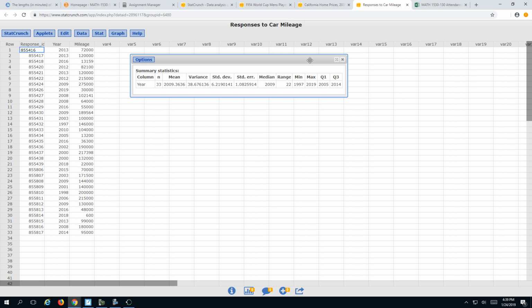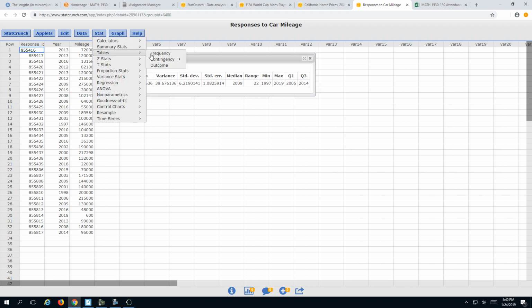So it gave me the mean, 2009.3636. So that's the average model year for me and my students, right, in statistics. And my median is 2009. So the mean and the median are pretty close. And that's going to be interesting to us. What isn't up here is the mode. So I can find the mode